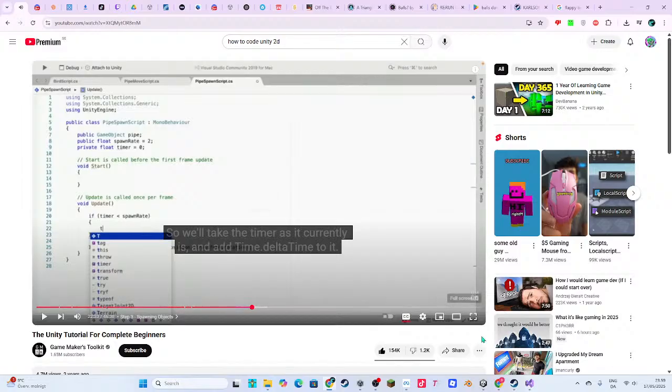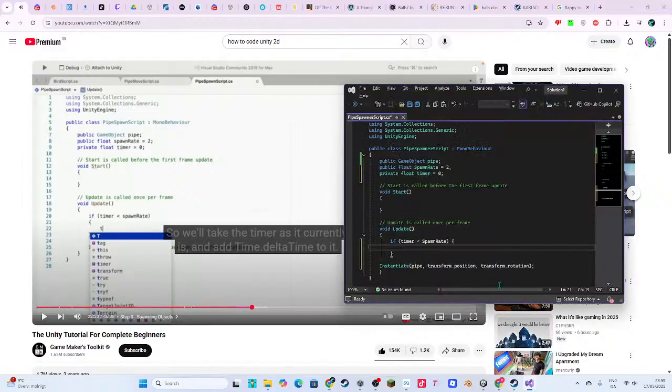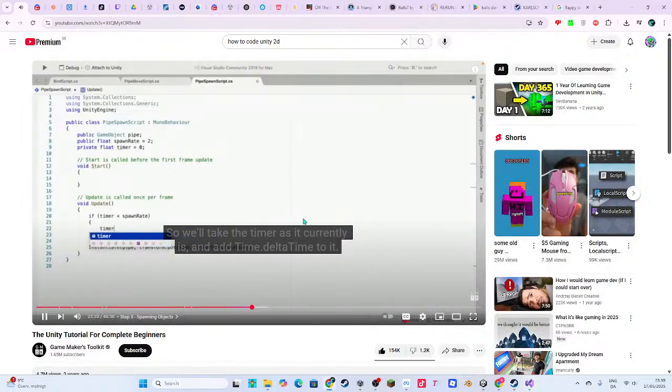So we'll take the timer, as it currently is, and add time.deltaTime to it.